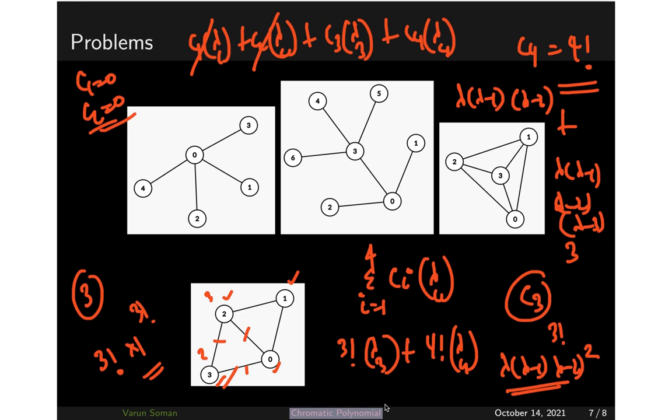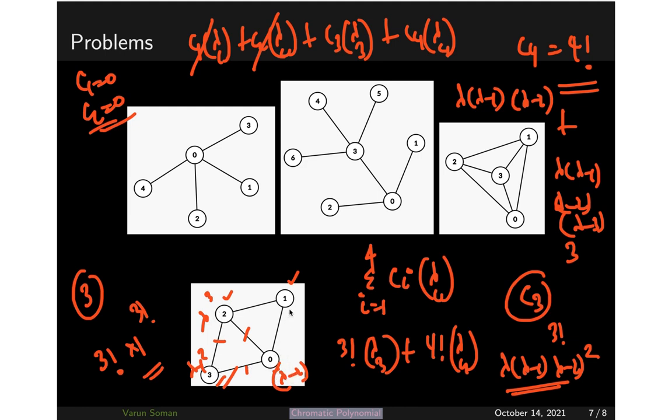So even with the commonsensical approach, you can work it out here. Okay, so suppose these 2 are given lambda colors. First I color these 2 using lambda colors, then I can color this 3 using lambda minus 1 colors. Okay, so lambda is used here, lambda minus 1 used here, so 2 colors are fixed here. So now how many options are there for 0? Only lambda minus 2 options now, because already you have lambda and lambda minus 1, then they are adjacent, so lambda minus 2 options here also.